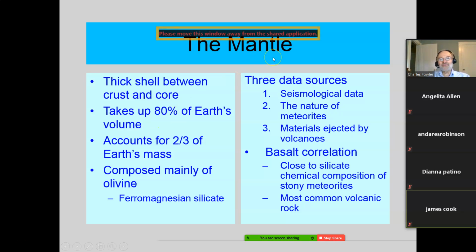Well, here are our data sources. Here is where it comes into play: the seismological data that we get from the seismic waves. We use that to interpret this. We'll see how later. This one seems to me way wild. The nature of meteorites, those are the things that are floating around in space. The Earth gets in their path. It hits our atmosphere, it comes through our atmosphere, most of them burn up, and the remains that are left land on the Earth. Their nature tells us something about the mantle?